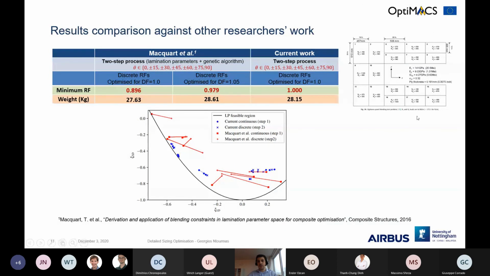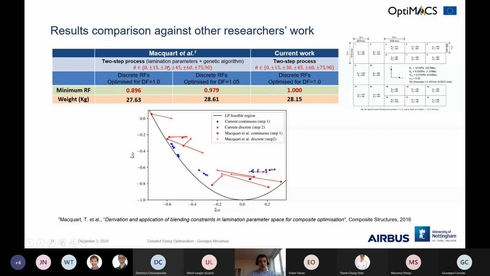Finally, I also have a different benchmark here, one used widely in the literature. It's 18 panels formed in a kind of horseshoe arrangement, and I'm comparing our work with a similar two-stage process by other researchers, McQuart. They used a different parameterization in the first stage of the optimization. They used lamination parameters instead of generic stacks,